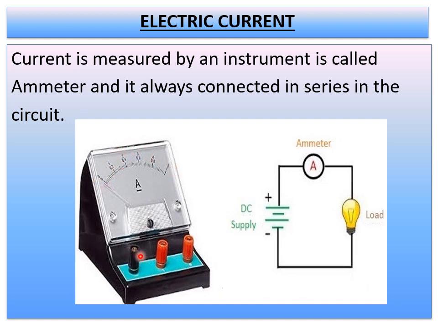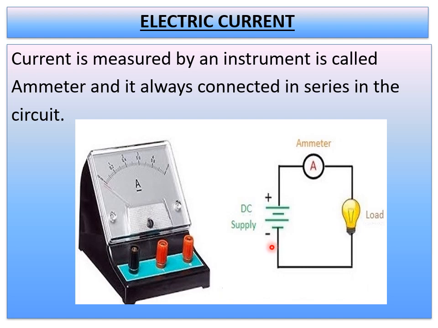This black terminal indicates the negative terminal, and red indicates the positive terminal. The symbol of the ammeter is represented like this, in which A is mentioned. A means ammeter. In short, it is a shortcut for ampere meter, as we know that the unit of current is ampere. So the shortcut of ampere meter is ammeter. Now, the end to end connection I told. If this is a DC supply, your cell gives a DC supply only, children.